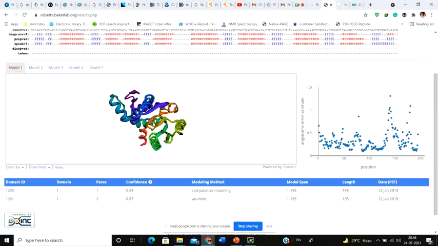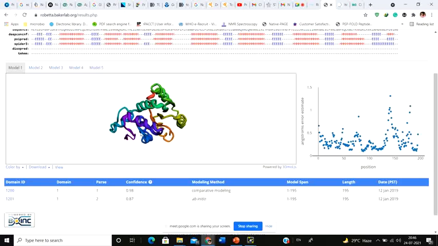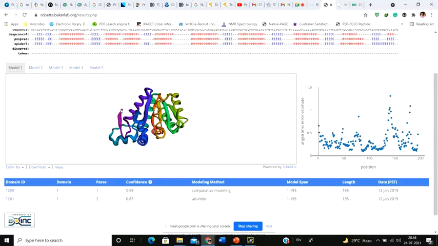So what is the error estimate bar? Each model, when they solve the structure of a particular model, has a unique nature. For example, this is the first methionine. How much error is associated with the position of this particular methionine?